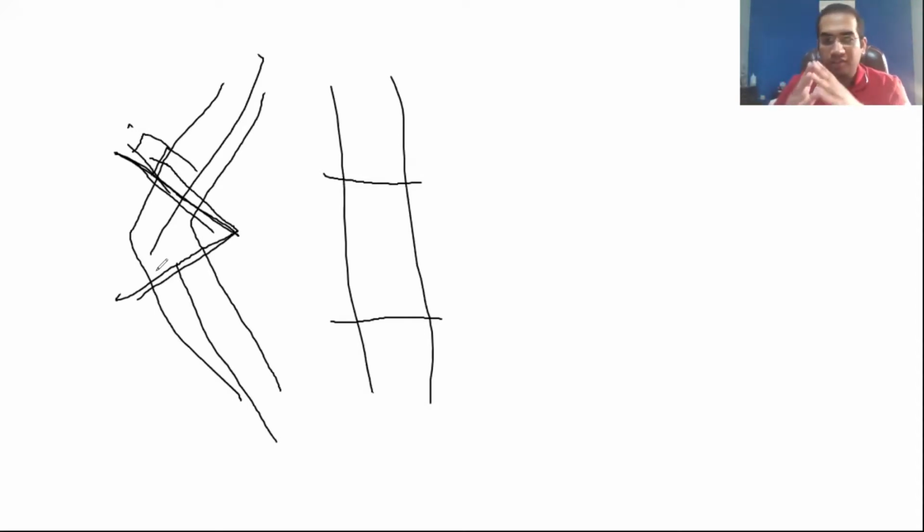I know it's a very tricky concept. I hope I'm making it very clear to you that if an oblique plane deformity is like this, and you wish to plan it by your standard AP and lateral views, then you'll be considering taking out a very complex trapezoidal shape of wedge. If you plan from the front, you'll be taking an oblique cut. You'll have to bring your saw in an oblique direction, again in an oblique direction.